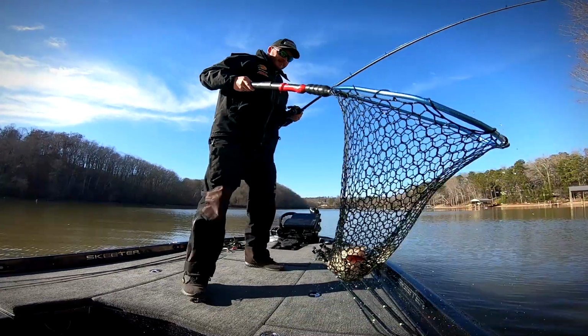Now with what we were saying about what bass can see and using our contrasting colors, we are going to start off with a black and blue jig. Now the places that I want to use this jig is particularly on rocky banks that have laydowns or some sort of cover, because when the water's muddy, those bass want to get tight to cover because they can't